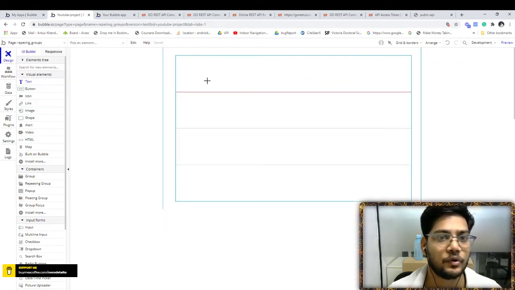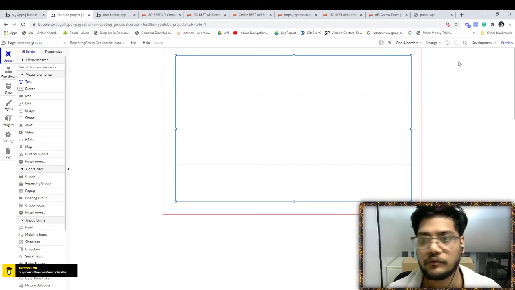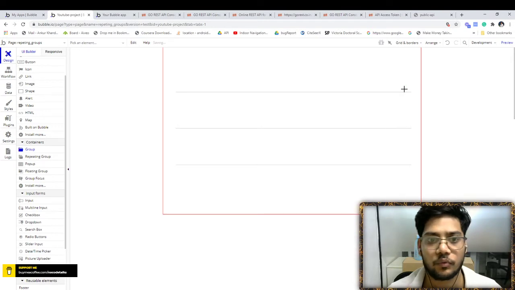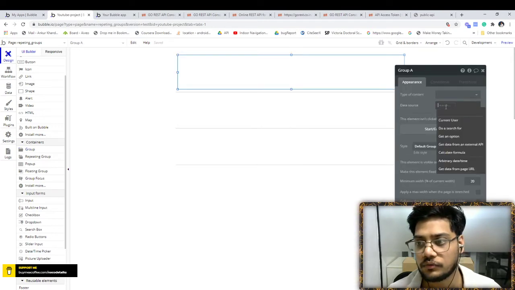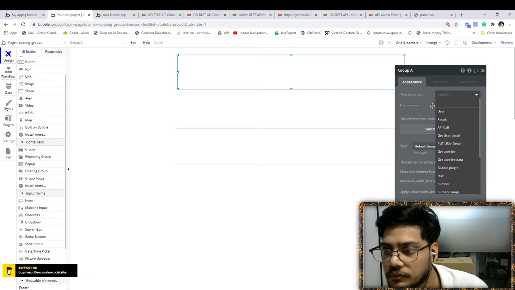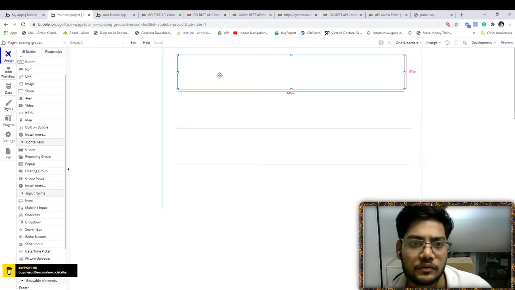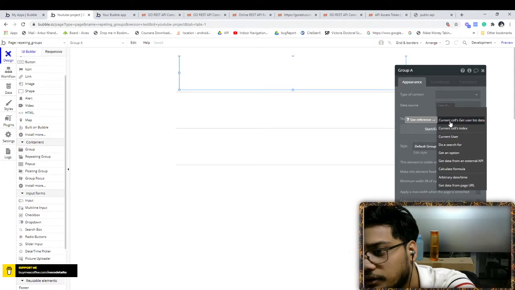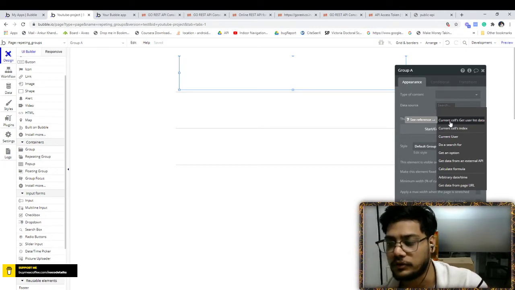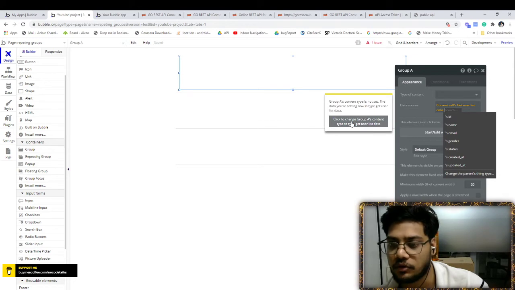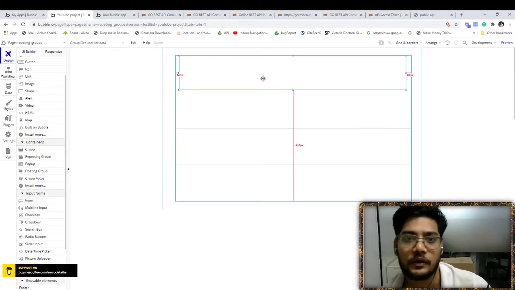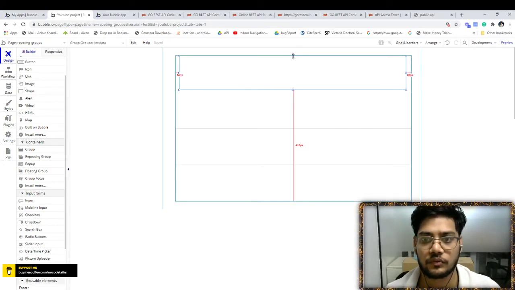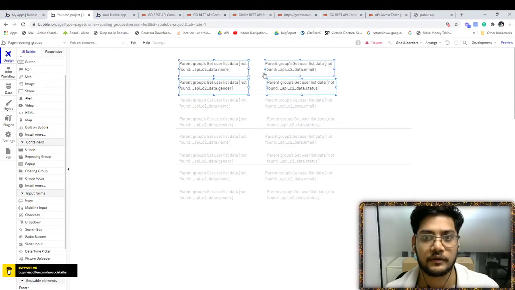Now go into the repeating group. First we need to create one group inside the first row. Set the data source. Now you get the current get user data. On the data, just click over this and it will automatically take the data. Now select only that group, the first row, and paste it here.